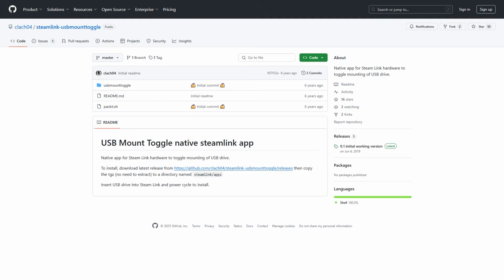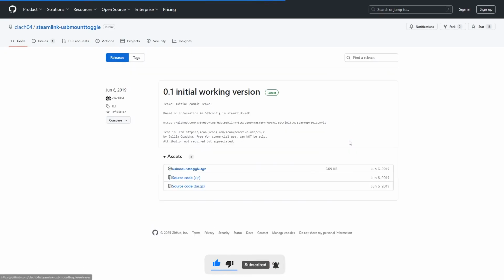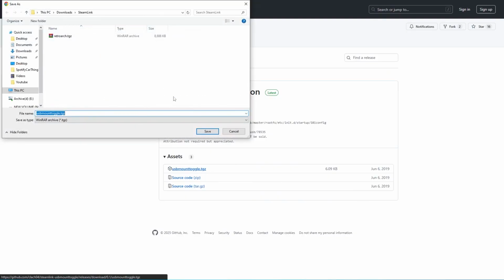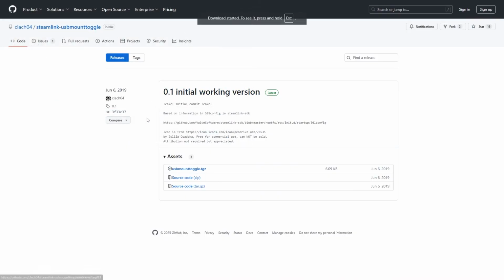To do USBMount, go to the Clash04 GitHub page down in the description below, and we're going to download the USBMount toggle Steam Link app for the Steam Link. Now we're going to go to the releases and download the .tgz file. Again, put it in a folder easily accessible. Once it's done downloading,